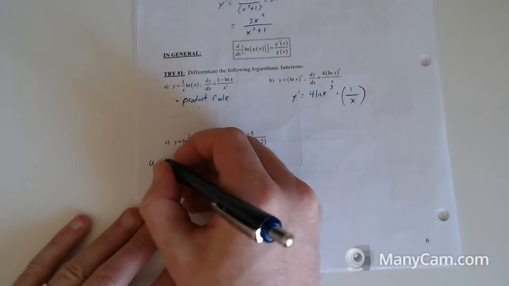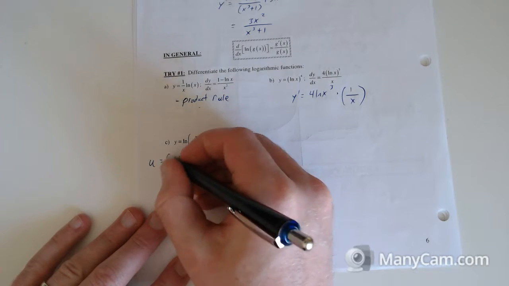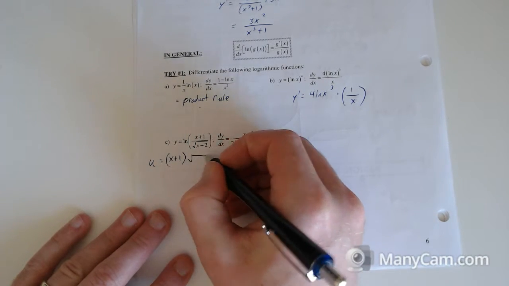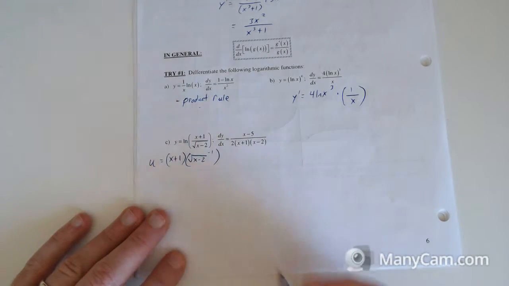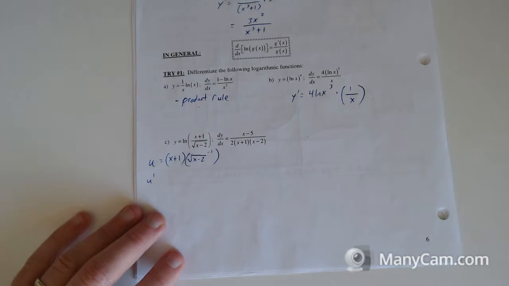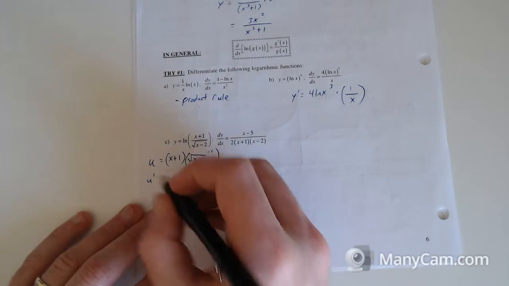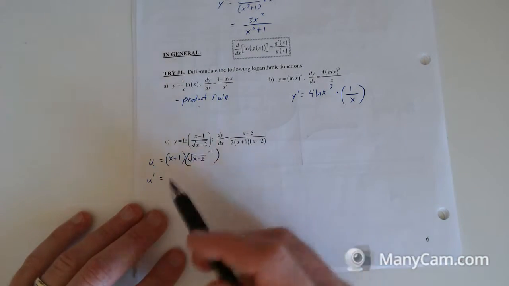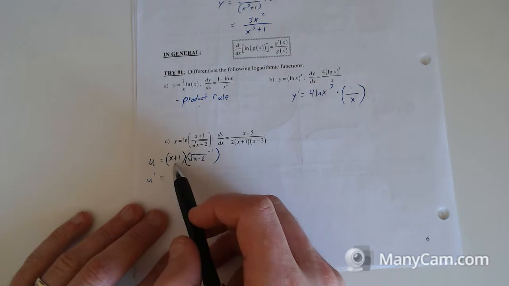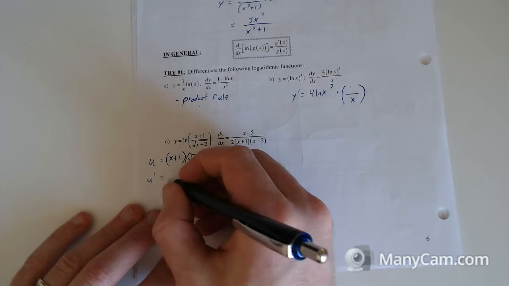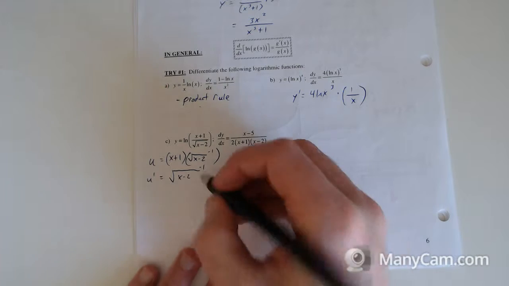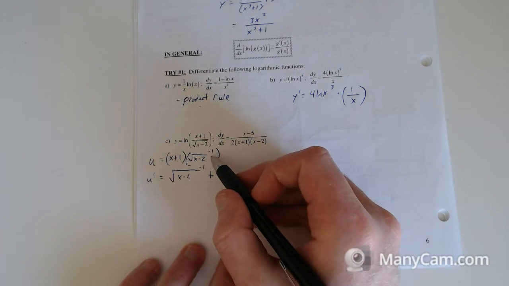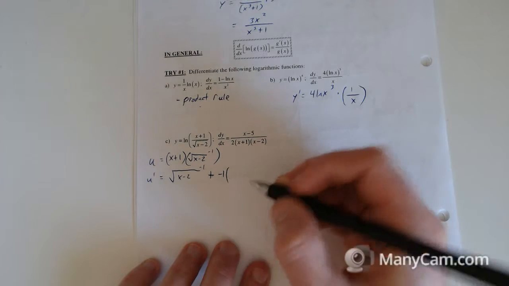So let's treat u as x plus 1 times root of x minus 2 to the negative 1. And then u prime is going to be, we can do this one separately. And then all this can end up going on the top after. So this is actually the hard part. Okay, so derivative of the first, which is just 1, times the second, plus derivative of the second, which is going to be negative 1, times